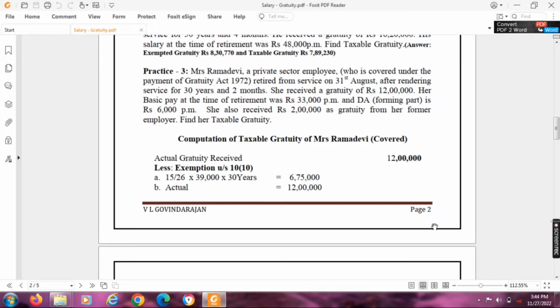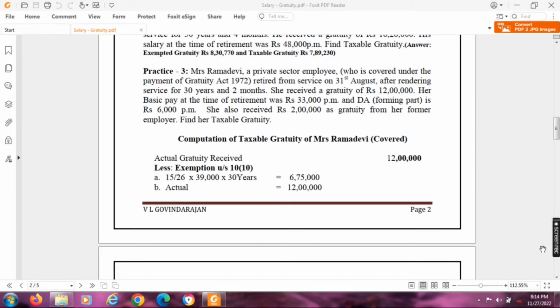She received a gratuity of 12 lakh. Her basic pay at the time of retirement was 33,000 per month, and DA, which is forming part, rupees 6,000. Forming part means it will be treated as DNS pay. So DNS pay means just like basic pay. So the total basic pay will be 33,000 plus 6,000, totally 39,000, will be considered for